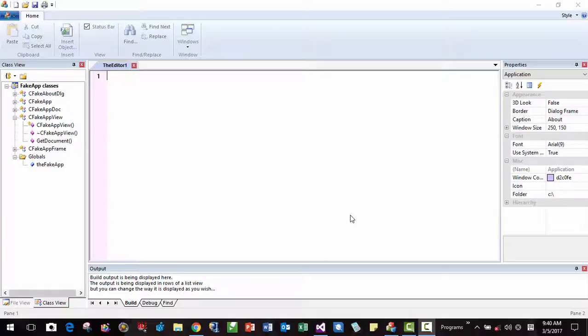In this session, we are going to create a text editor for our programming. It looks like this. I use CRichEditCtrl to display line numbers in our code editor. For example,